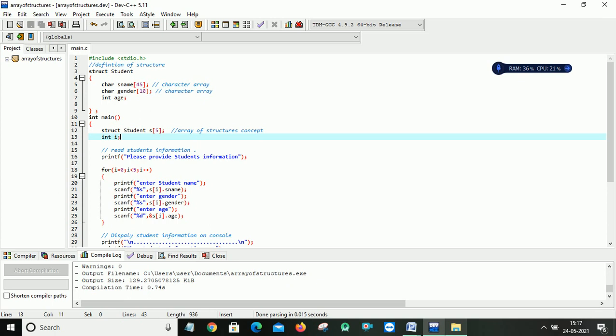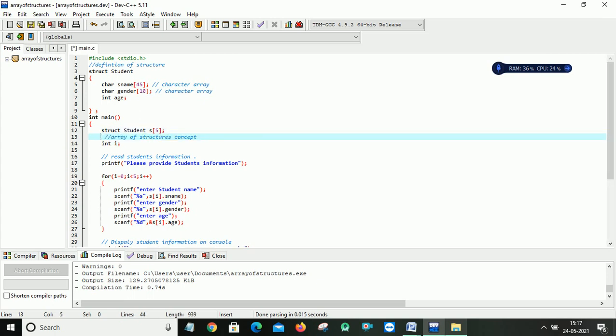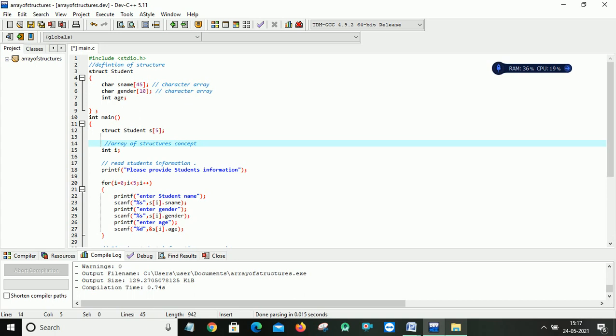It is also difficult to read the same information 10 times, repeat the same statements 10 times, and display the same thing again. So what I am trying to do is create an array of structure variables so that I can simplify the code.